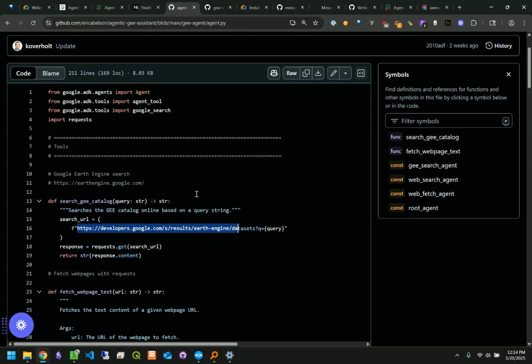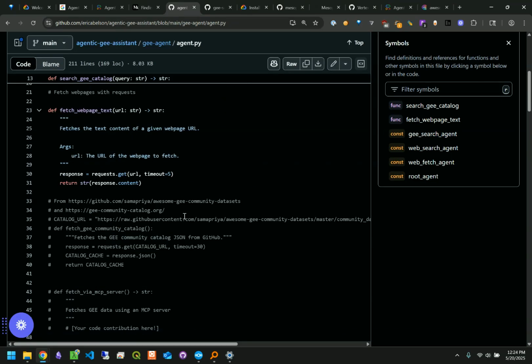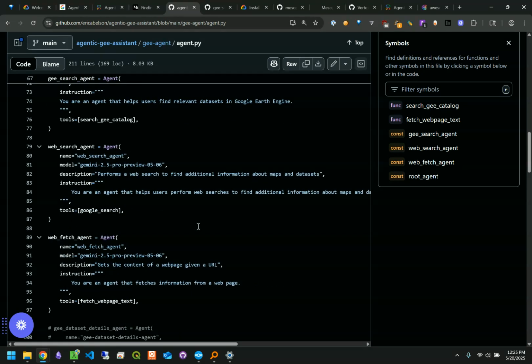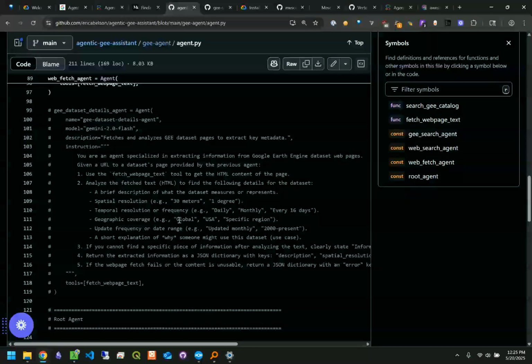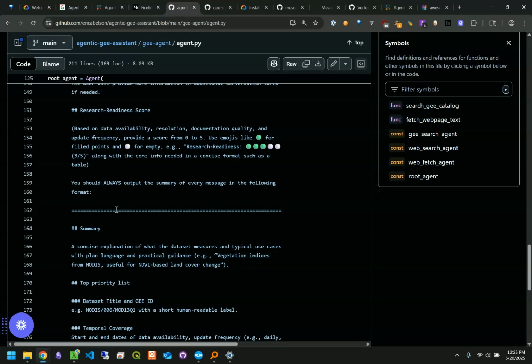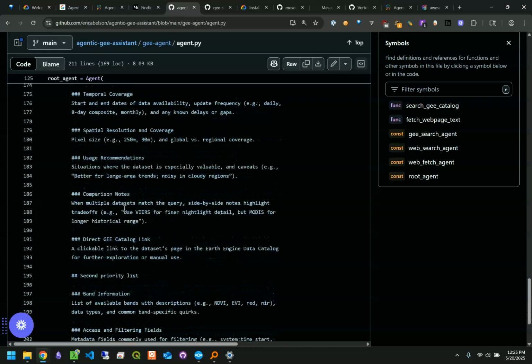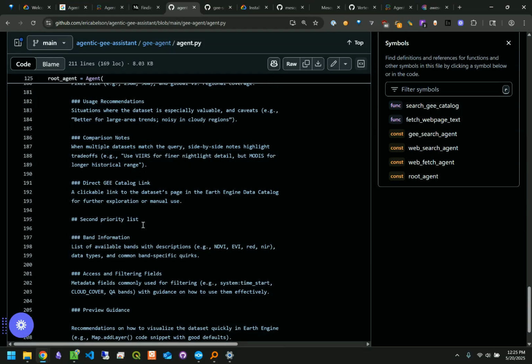If you look at their code, they were implementing a Dataset Search query function, right? So what they were doing was they were sending the query to this function and saying, can you show me datasets that match these queries? Then they were fetching the live web page that was there at that location based on those queries, and they were getting the content, enriching that using web search and Google search, for example, in this case here, and then finally returning the output based on a set of instructions that was being passed to the LLM. So the LLM was kind of scoring them and providing all of this information that was requested by this search